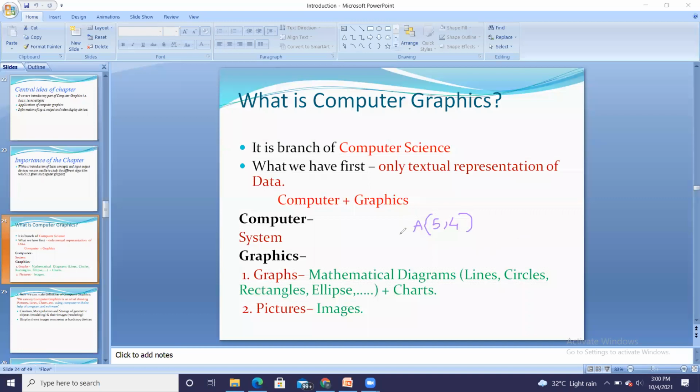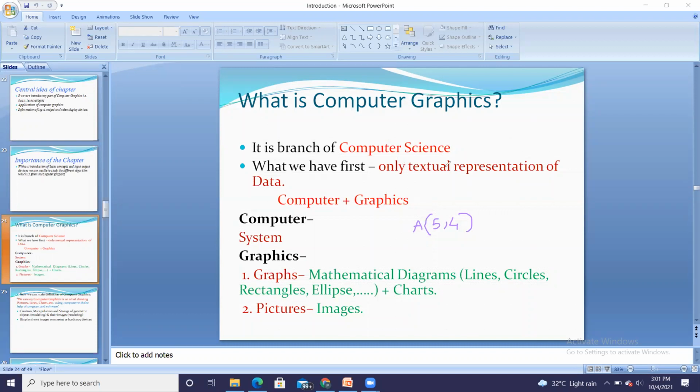So here in text, I can represent the value, but if I want to represent it in a diagram, then it will be more useful. That is, I can judge the picture. I can better imagine that point on the screen. So that is achieved by means of computer graphics.